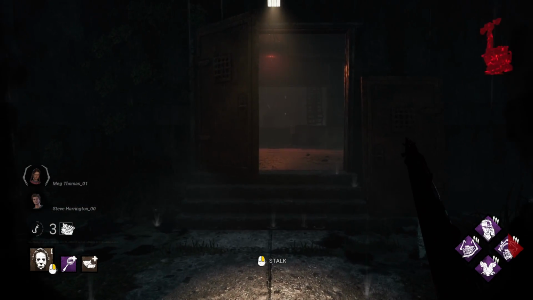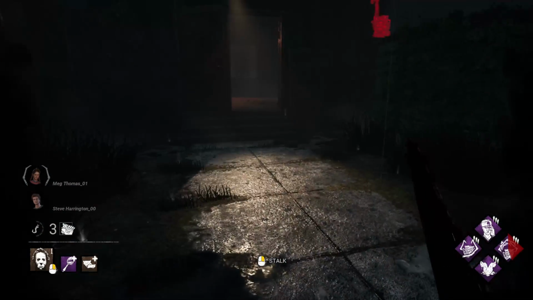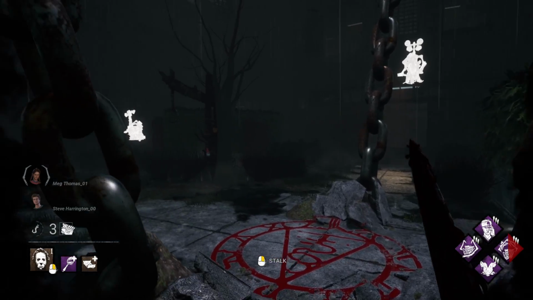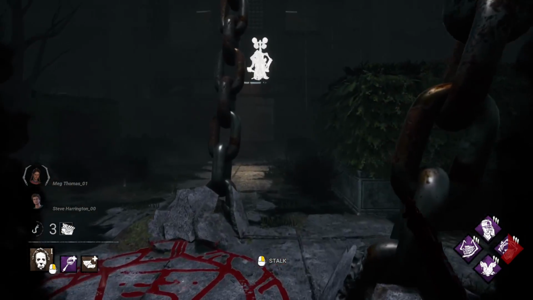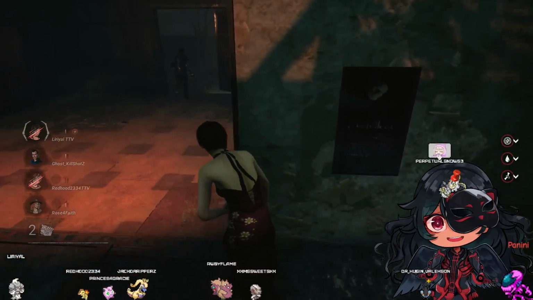The outside of the map is going to be a very important part of the game. It will allow you to cross from one side of the map to the other extremely quickly, and also to cut off survivors. When survivors are going around the hallways, it's very easy just to go through the center of the map and cut them off and get a quick hit. Or not. He's probably just